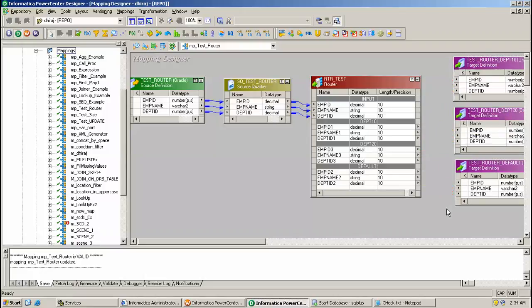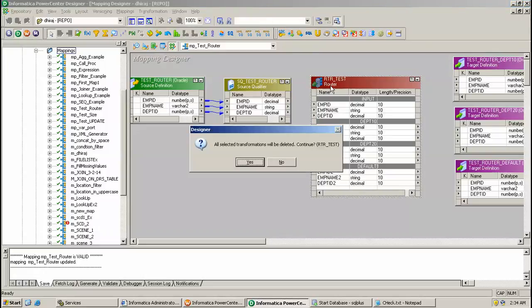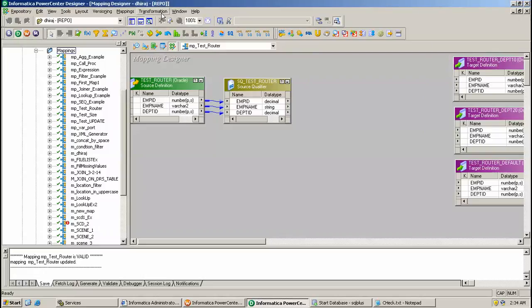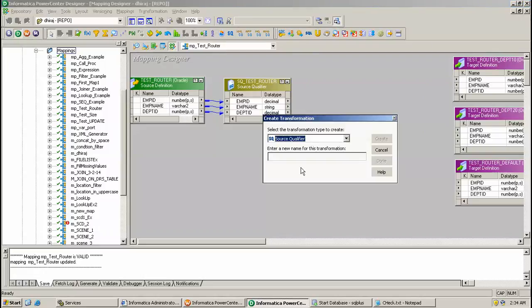I will just recreate this to show you how I created it. Go to Transformation, click Create, and here you can select Router.